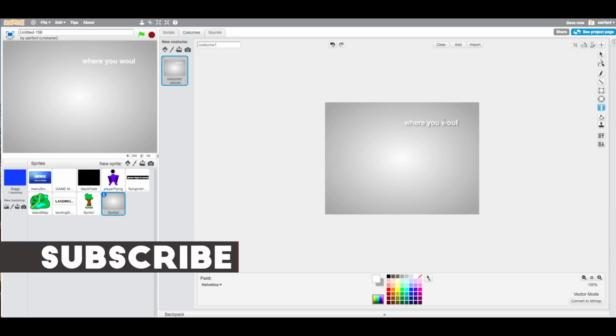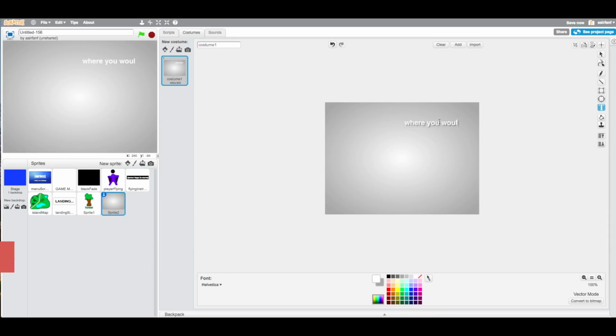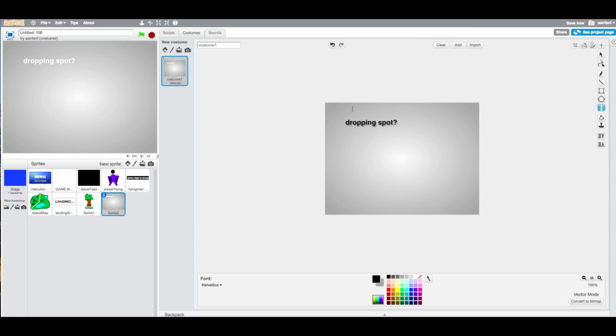Okay, this is kind of lagging out for some reason. Maybe it's because I switched from bitmap to vector. Oh god, please don't crash. Dropping spot. And what we're gonna do is make this black. Once we've made this black, we're gonna drag this into the middle right here, and all we want